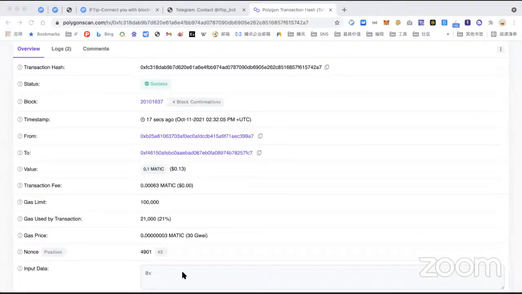So this is a tool, a very easy-to-use wallet in blockchain, and it connects on-chain without any threshold.